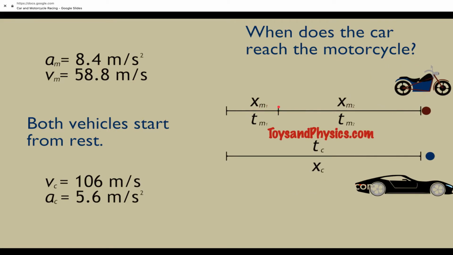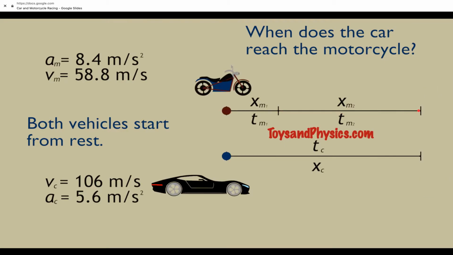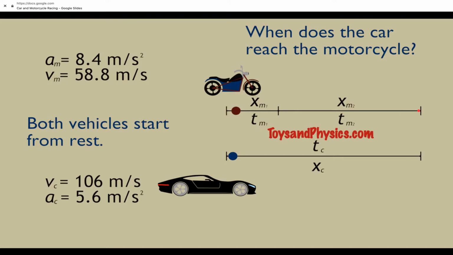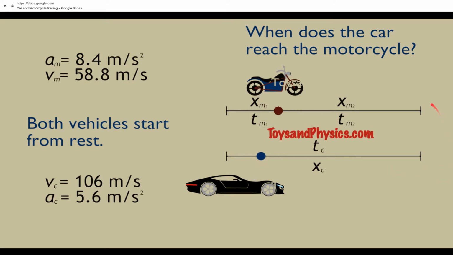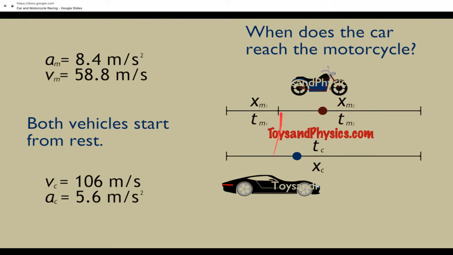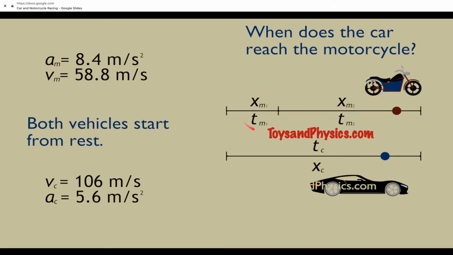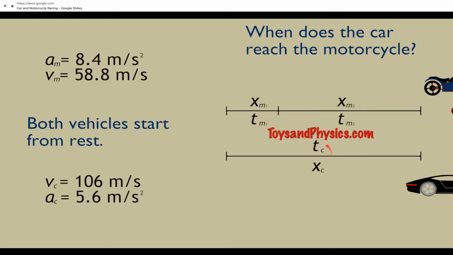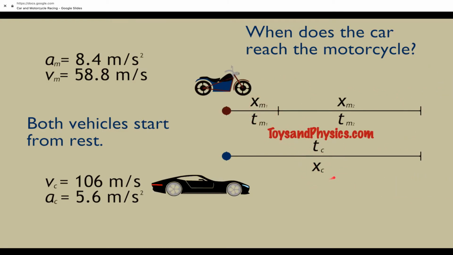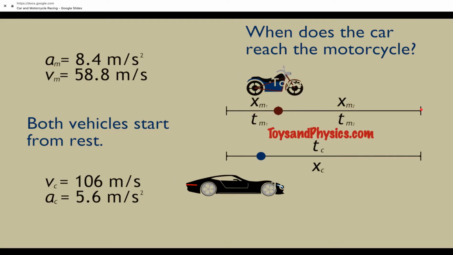So here's when the motorcycle stops accelerating, and from here to here, it goes at constant velocity and constant acceleration, zero, that's zero, until the car reaches the motorcycle, right? So I think that if we can express equations in terms of these positions and times, and then this position and time for the car, we can eventually know this. This is the time that the car and the motorcycle will